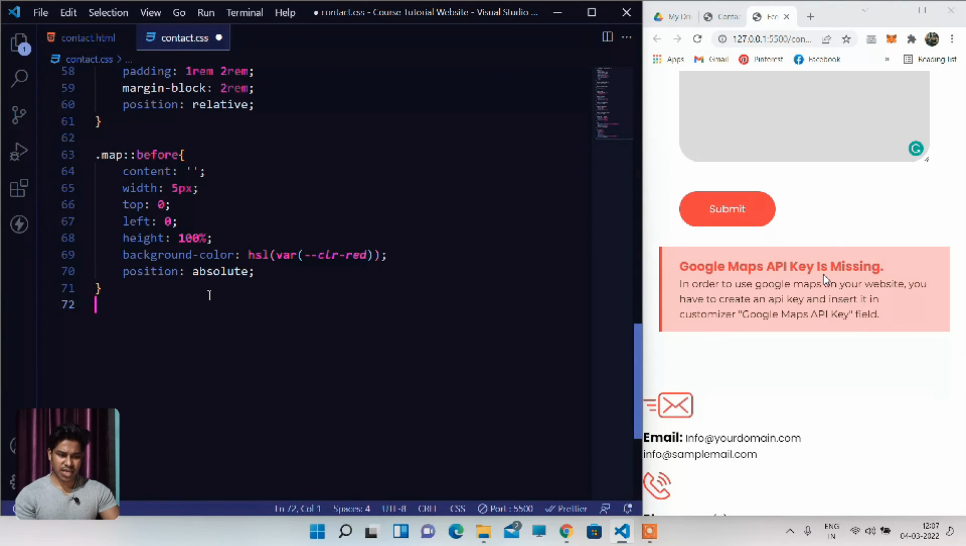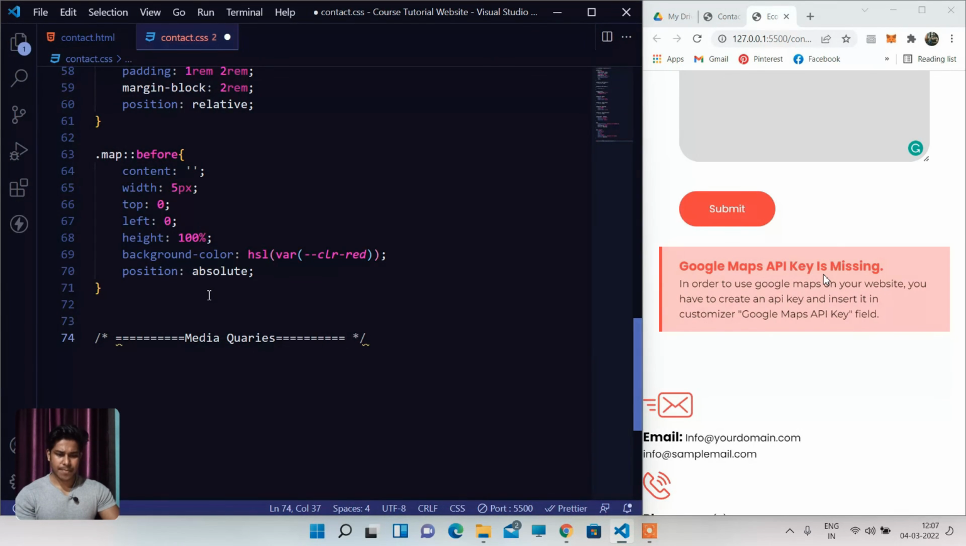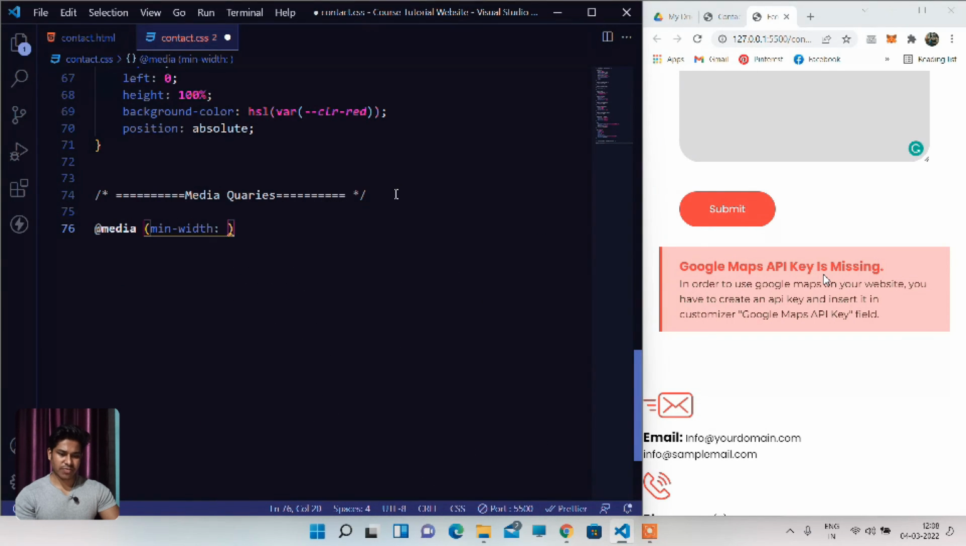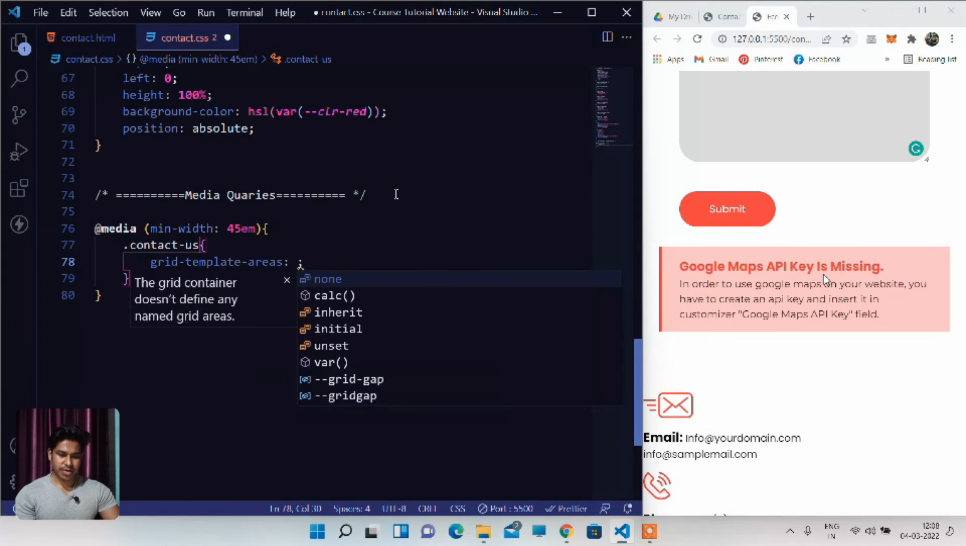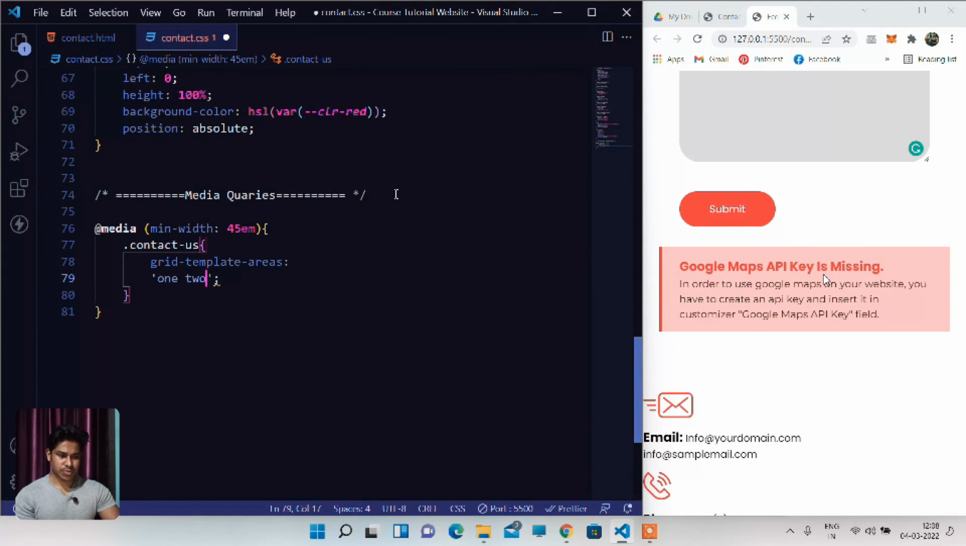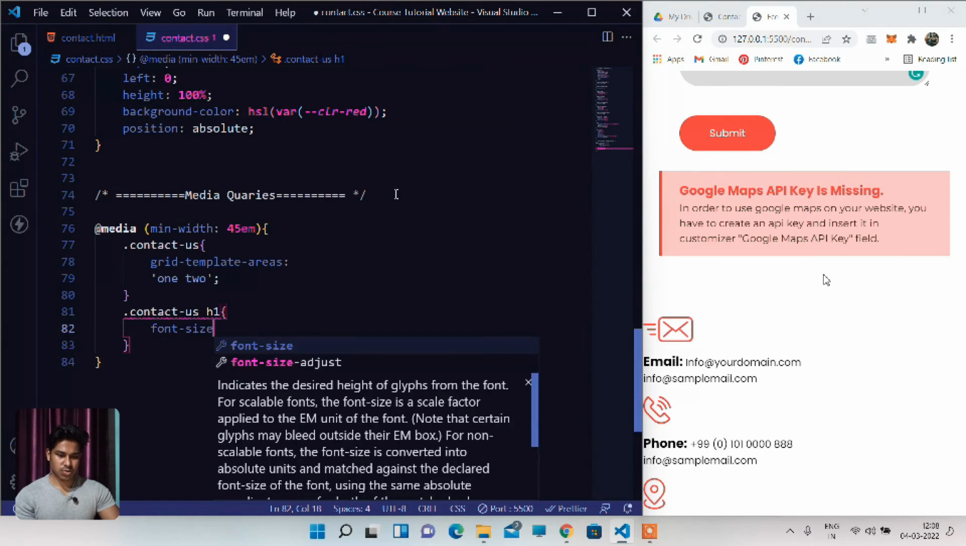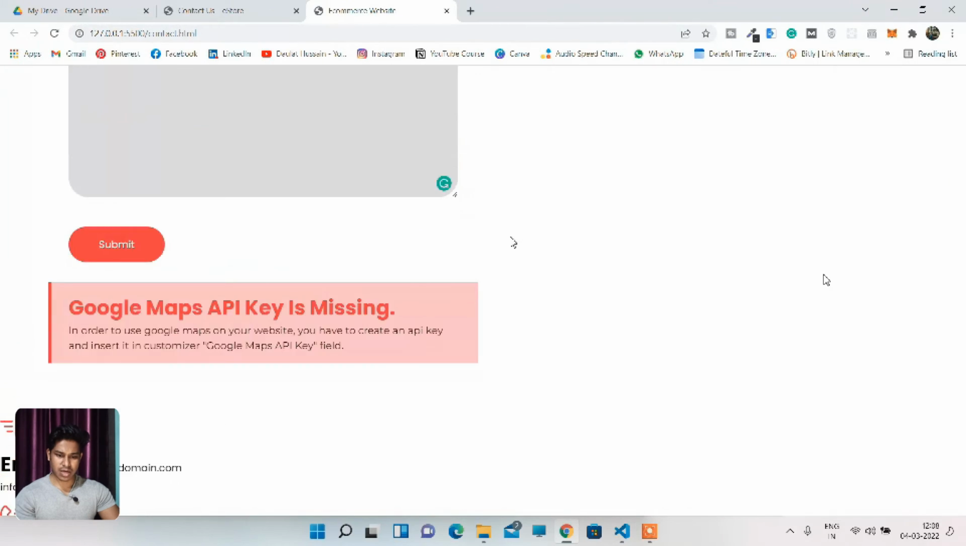Let's come out of that. Now let's write the media query. Media min width is going to be 45 em. Contact us grid template area is going to be 1 2, and let's grab the contact us h1 tag. Font size is going to be 1 rem. So this is how everything's looking. Okay,